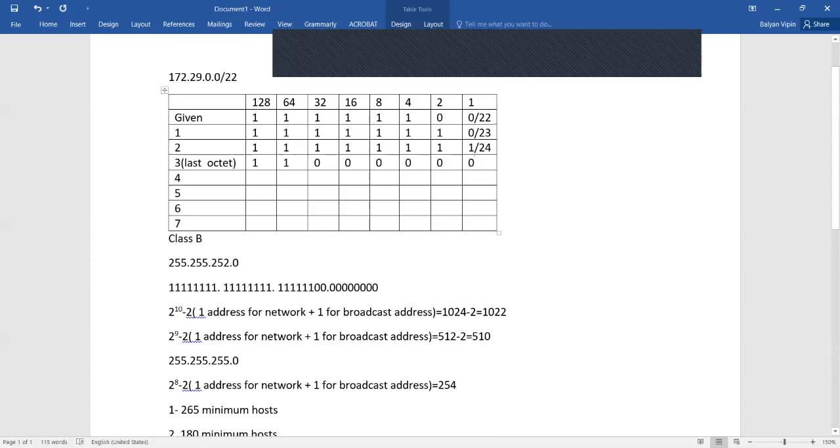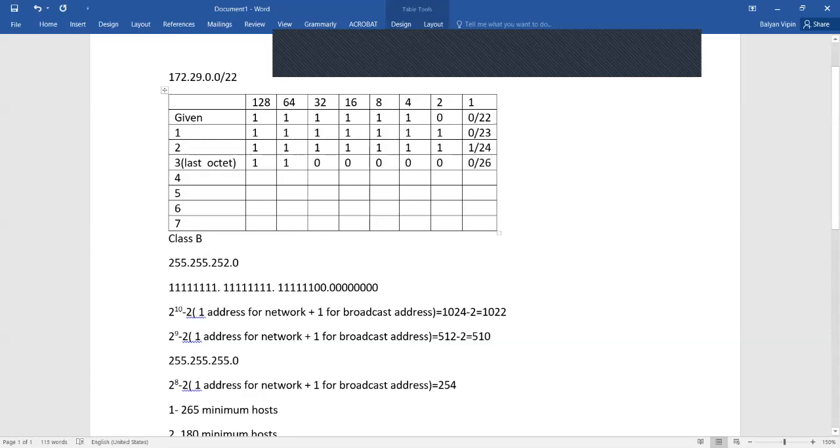The number of bits here is 26 because we are borrowing 2 bits from this octet: 8 from here, 8 from here, 8 from this octet, and 2 from this last octet. So the number of bits in subnetting for this one is 26.